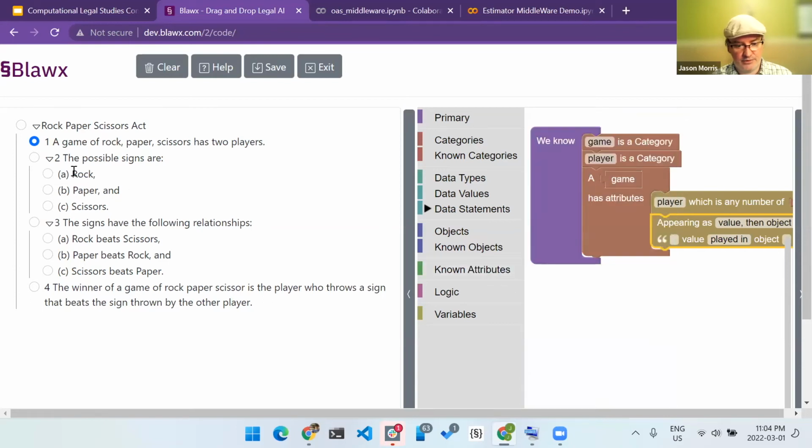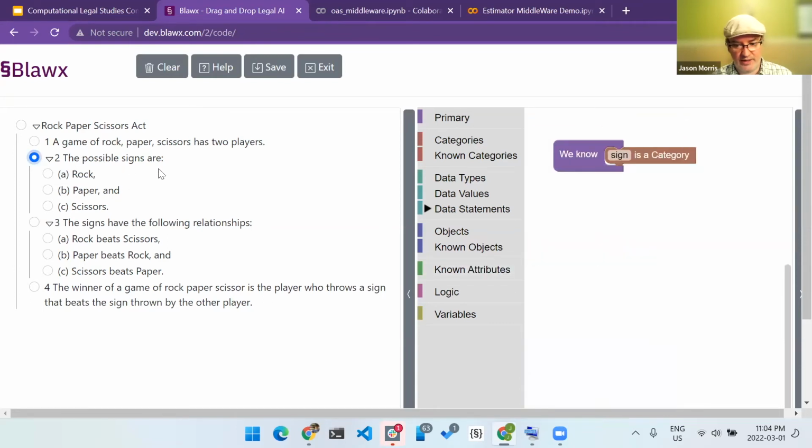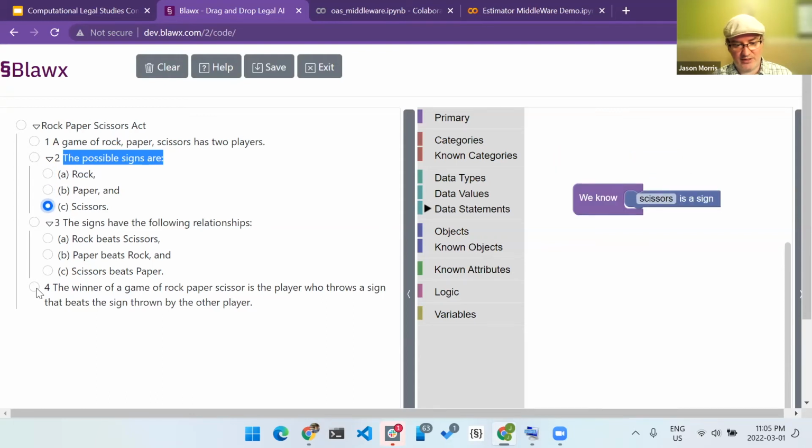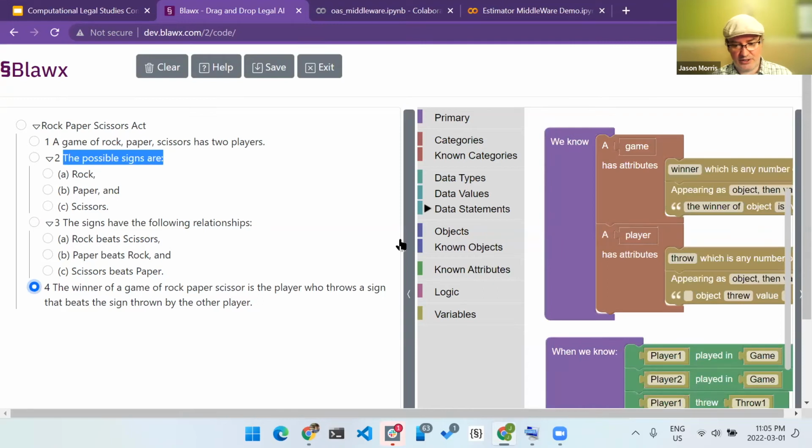Then you can see we have created a category called signs on the basis of this text. Then 2A, we know that rock is a sign. 2B, we know that paper is a sign, et cetera. Then you go down to section 4, which is quite complicated.